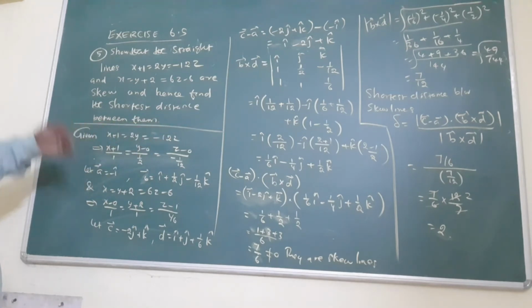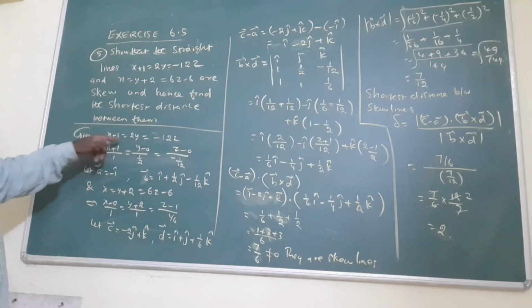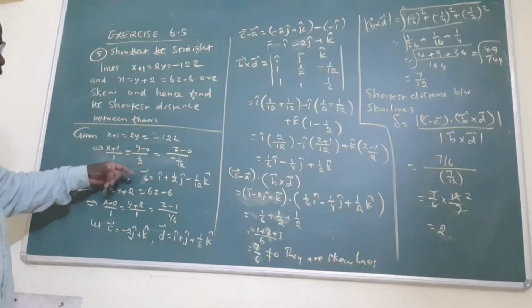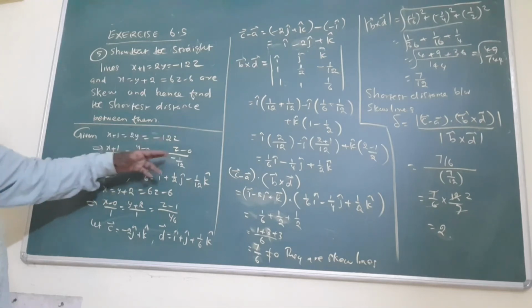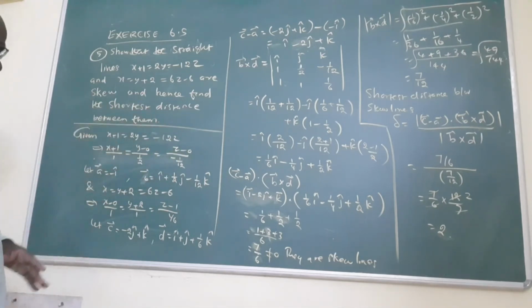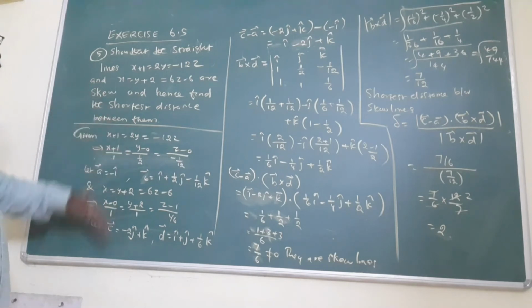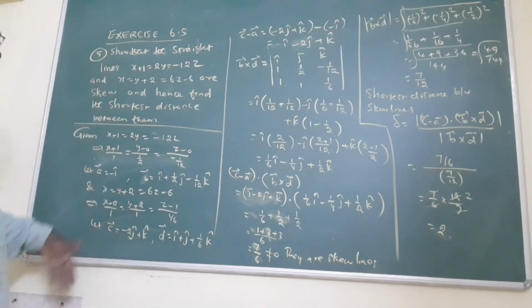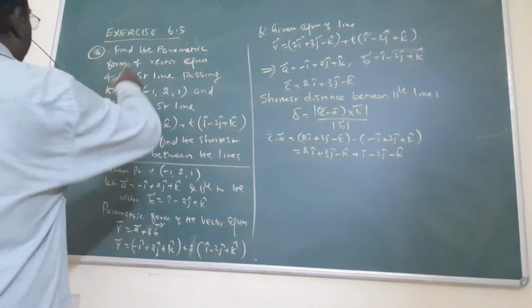You will convert it into the form x minus something by something, y minus something by something, z minus something by something. In this way, whether the sign is negative or positive is not a matter. The numerator is called the point, and the denominator is called the B vector, D vector. In this way you can assume it; you will get 5 more questions like this. This is the way. Now listen here, 6th question.